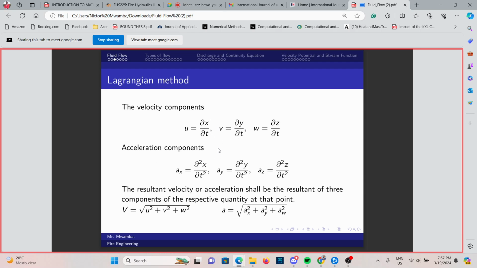Then the acceleration component of the fluid particle. As we said, acceleration is the rate of change of velocity with respect to time, or you differentiate the displacement or the distance twice. Because we're differentiating u with respect to time. So now this is where it gets tricky. When I'm talking about differentiation